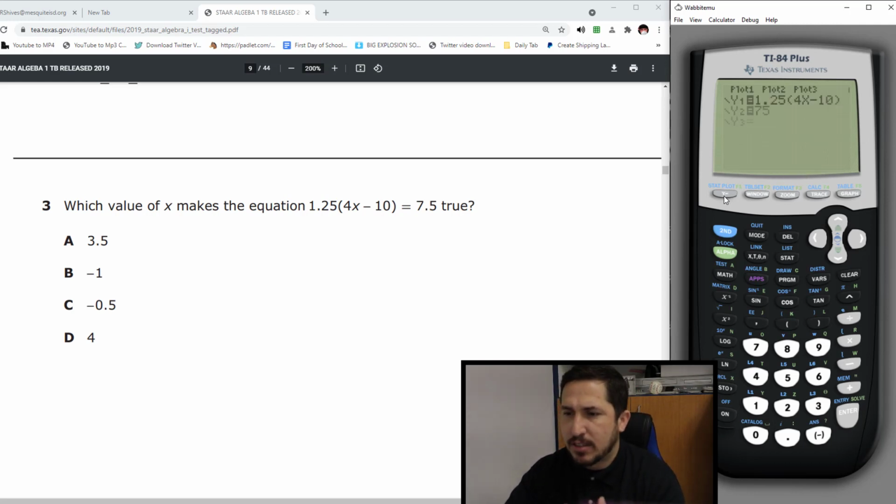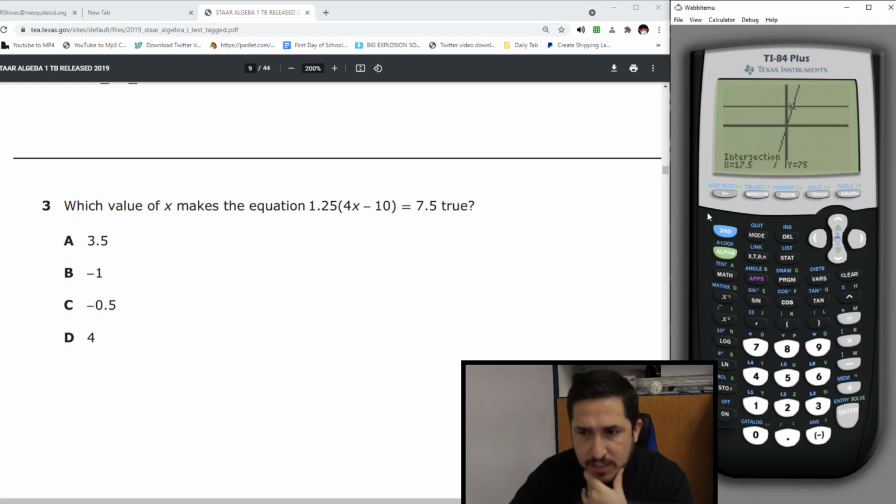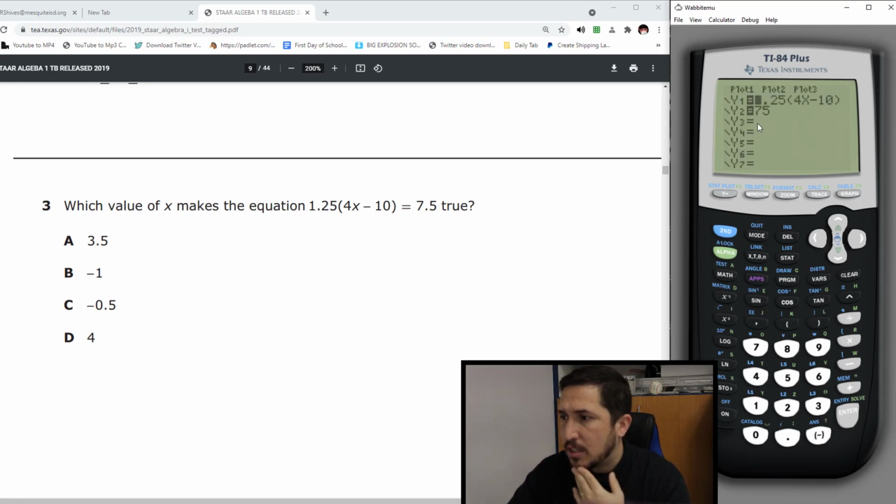Dang, I did something wrong. That's not what the answer is supposed to be. Minus 2x, okay. Second, trace, 5, enter, enter, enter. 17.5, what? 1.25, parentheses, 4. Why am I getting that? Oh, I know why. Because instead of putting in 7.5, I put in 75. It's 7.5. I'm so sorry.